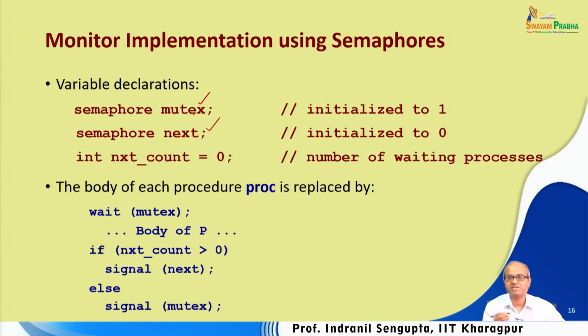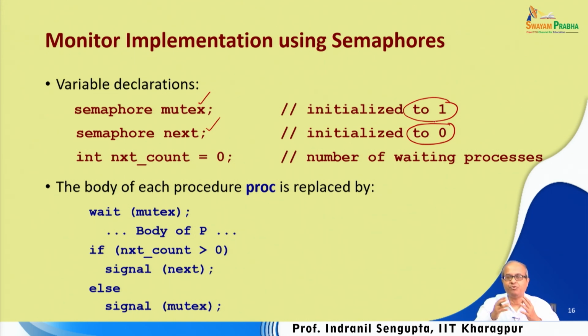This semaphore mutex, as the name implies, we shall be using for mutual exclusion, and any semaphore used for mutual exclusion must be initialized to 1, that means originally unlocked. And next is another semaphore which we are initializing to 0,